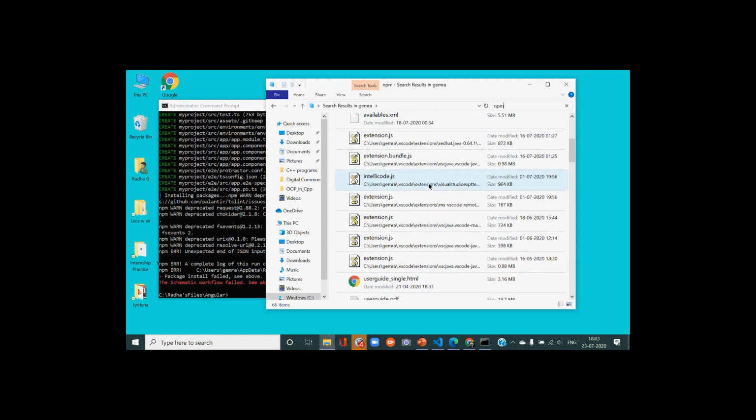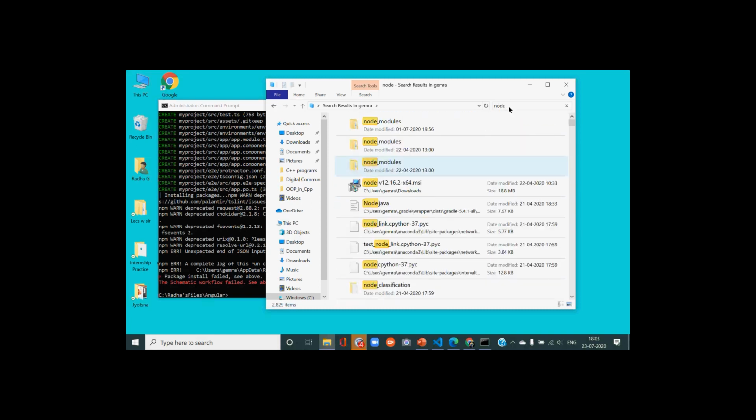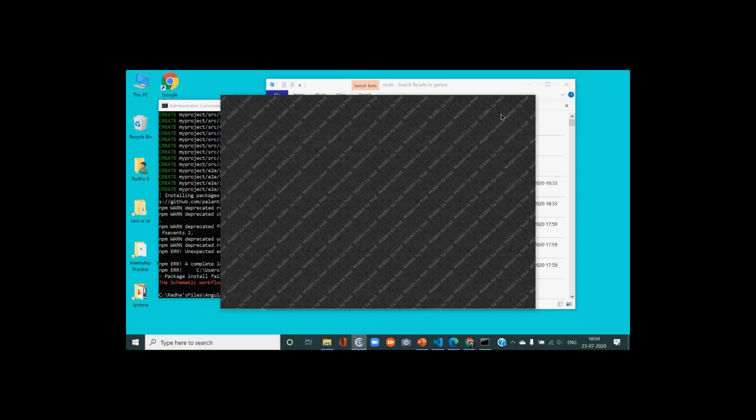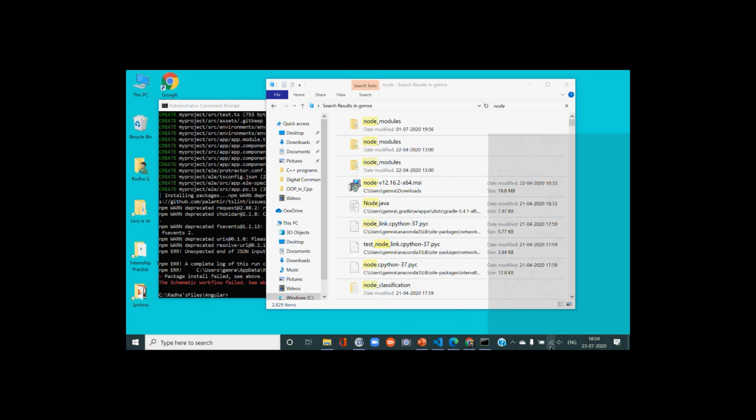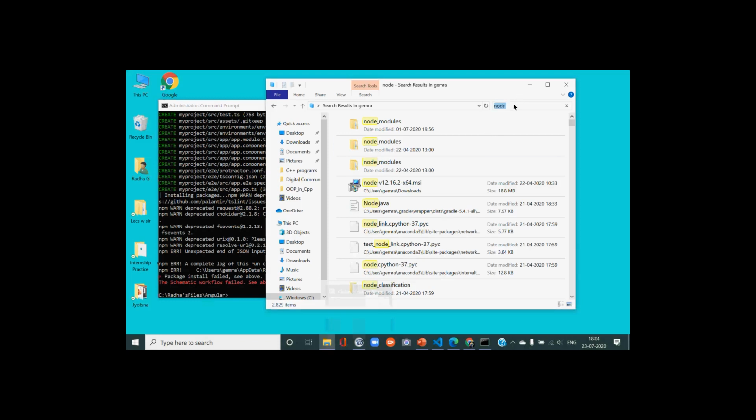Yes, look. Search for node. I'm seeing npm. Should I delete the npm cache? Yes, try. It's showing the error there. Let me change my network. The error is in the npm cache, it's not showing a network error. Roaming npm cache. Can you see, I did node that way? No. It's frozen now. Yeah, now it is available. Node is available.